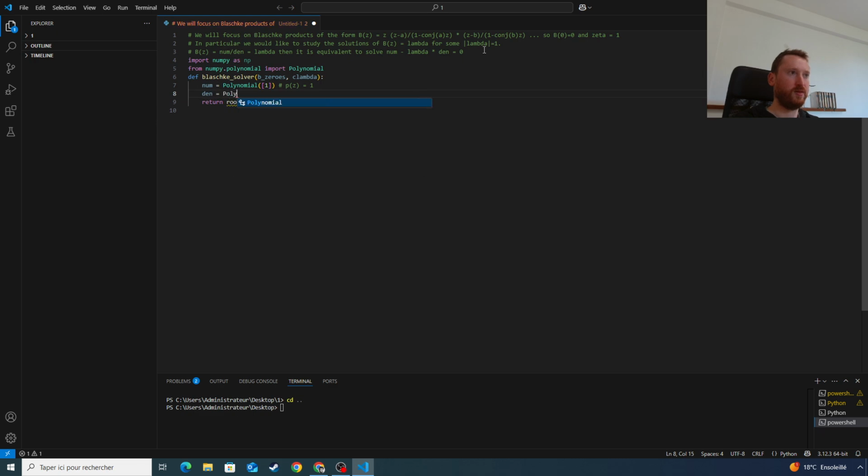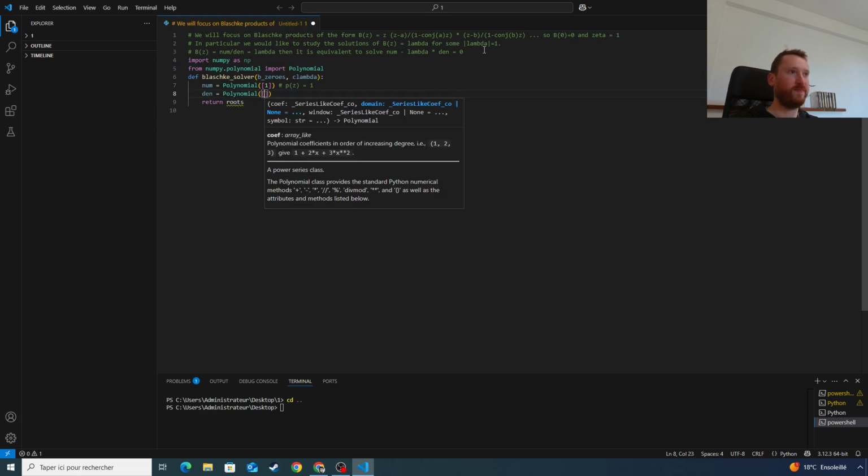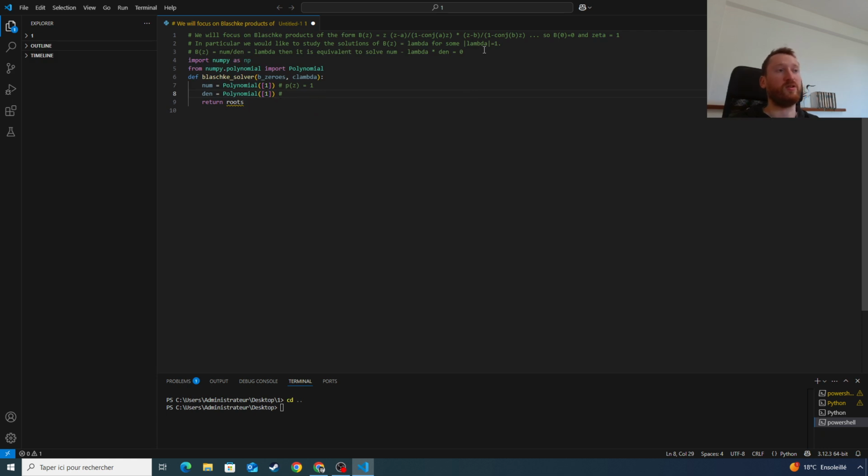Denominator is the same. And then we will loop over the zeros of B to construct our numerator and our denominator. Same, p(z) is equal to 1. And for a in b_zeros,